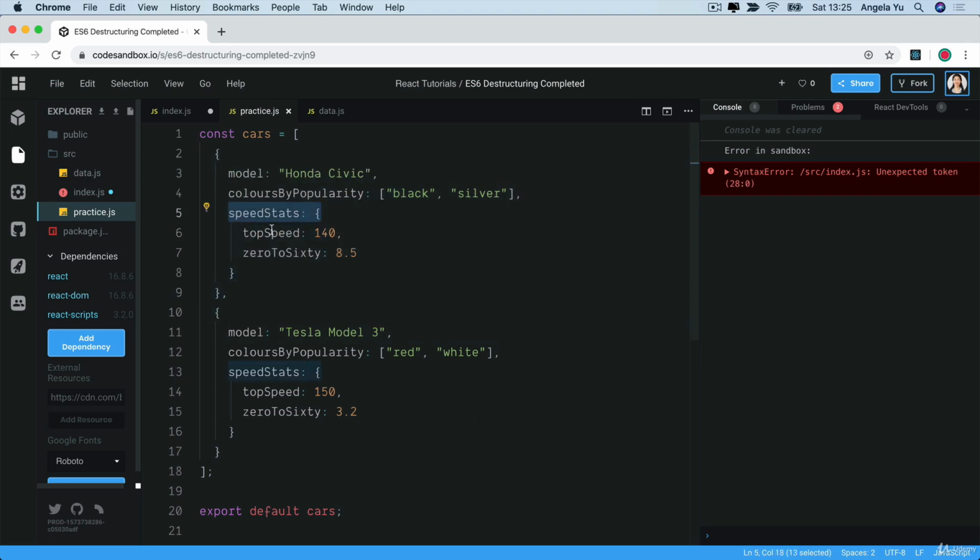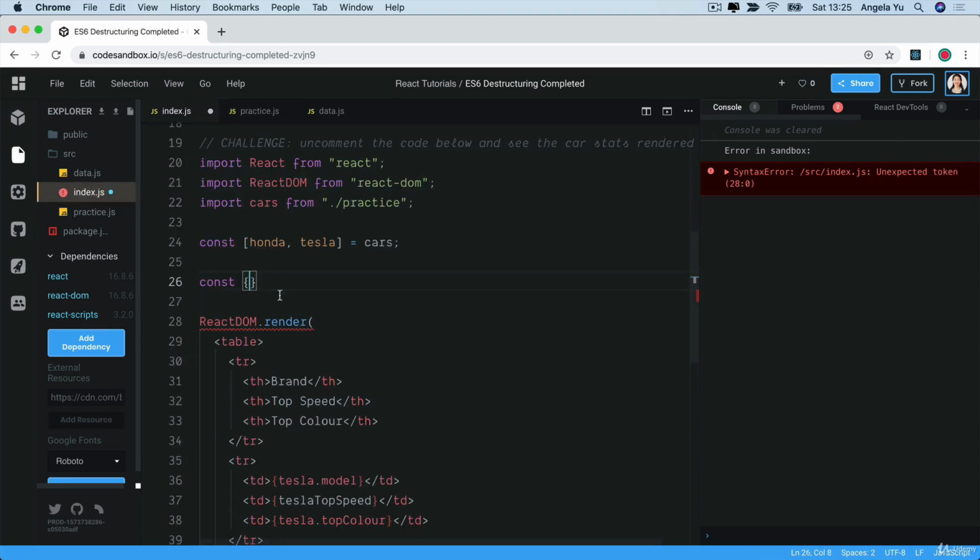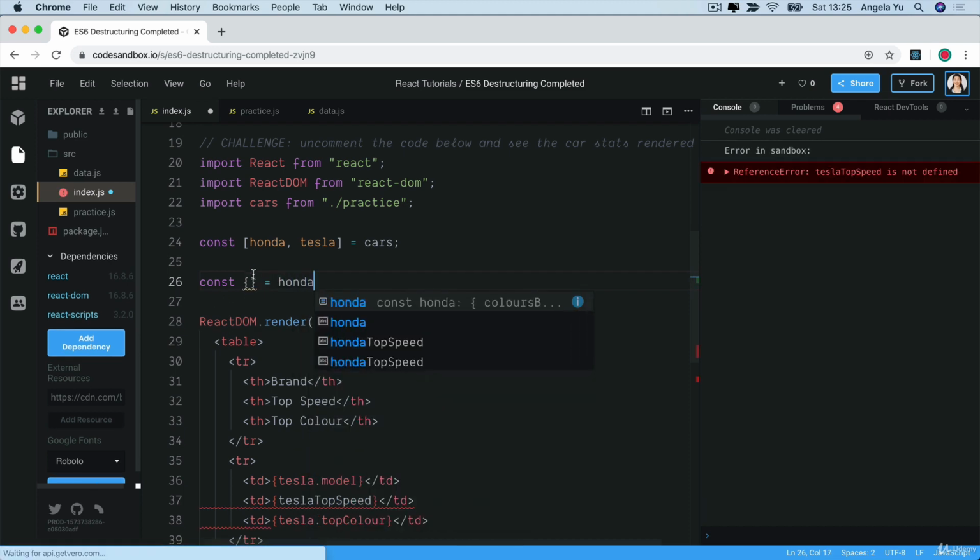How can we get hold of this top speed? Well, we first have to dive into the speed stats, and then we have to get hold of the top speed. Let's go ahead and set this constant equal to Honda and destructure firstly the speed stats property,